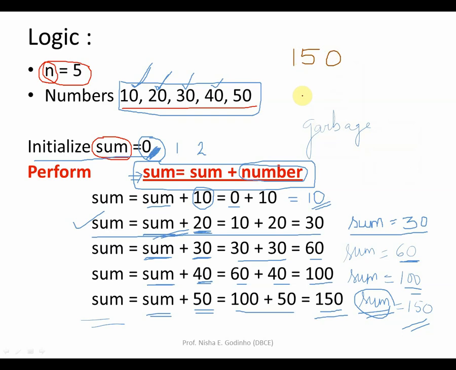Okay, so this is how the addition happens. Hence, this particular step of performing the addition is very important. Okay, now the only condition you have to remember is that initially sum is equal to 0. So sum starts with a 0 at the very beginning. So if you see in these steps, sum is 0. So 0 plus 10, which is the first number, gives you a 10. So over here in the first step, sum is actually 10.